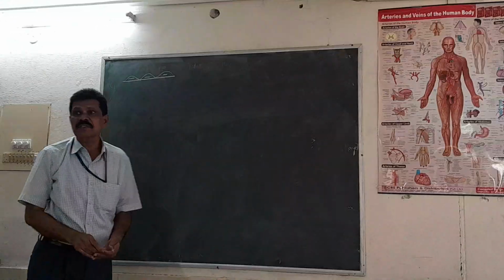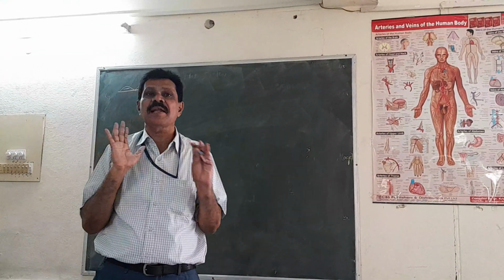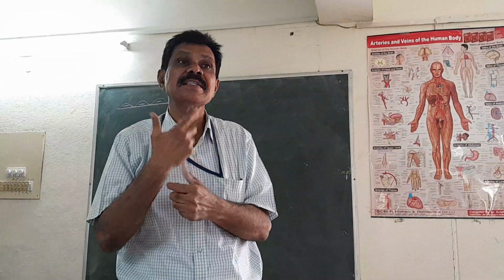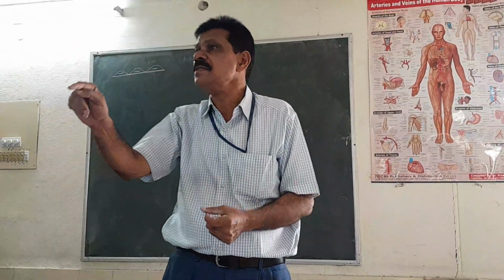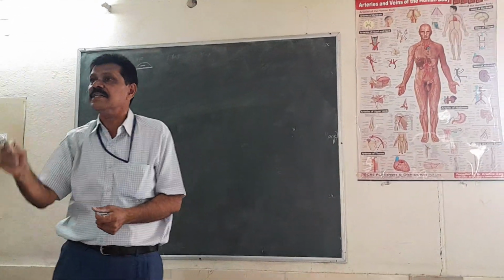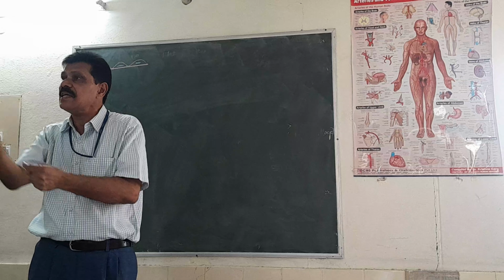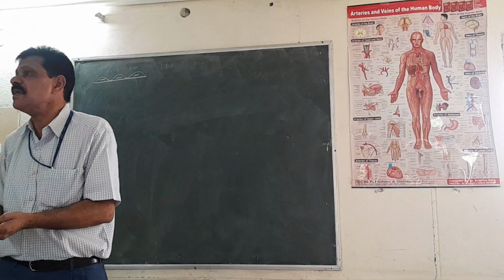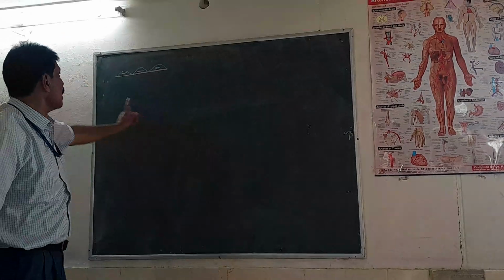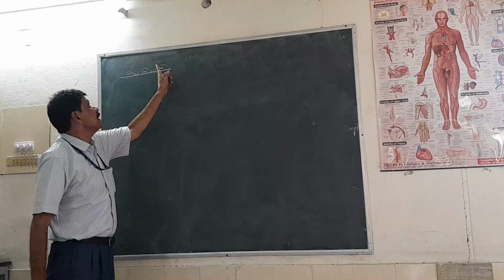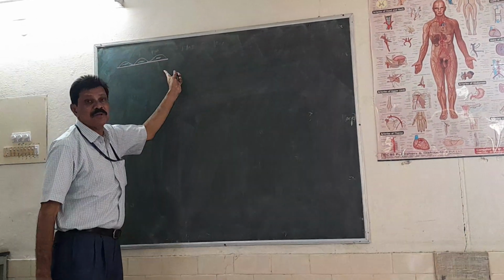I am asking you one question. Why is the nucleus blue in color? Because it attracts hematoxylin. Why does it attract hematoxylin? Because inside the nucleus there are DNA and RNA, deoxyribonucleic acids. Whenever there is a staining process, acids attract bases. Base, hematoxylin, is blue in color. That is why the nucleus is always blue. So here this is the basement membrane, this is the cell membrane, this is the nucleus. This is simple squamous epithelium.